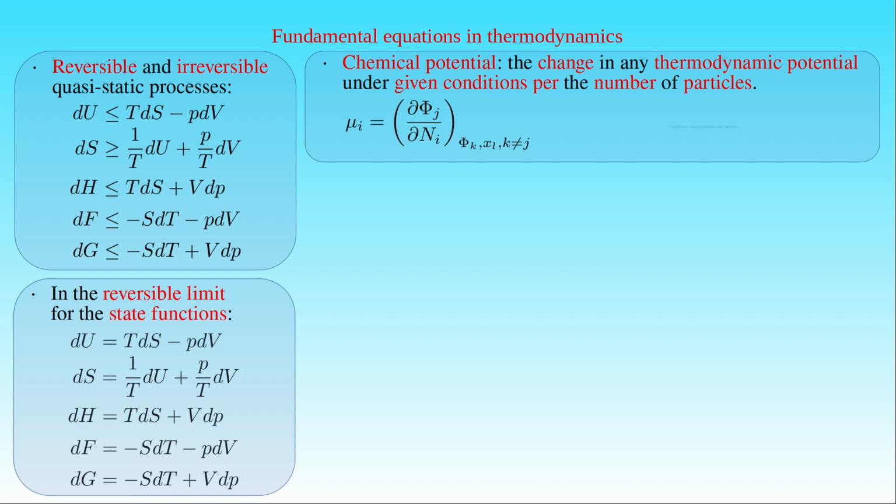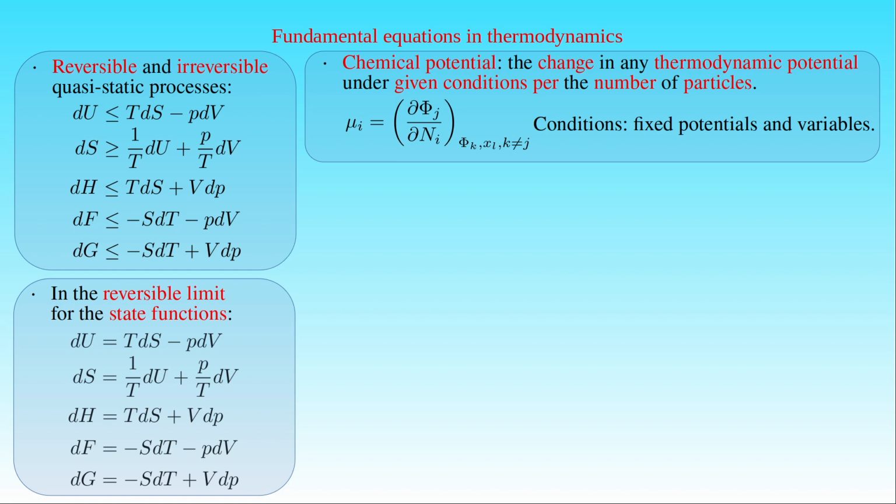Here the given condition represents a set of potentials and state variables determined by the potential phi j are held constant during the change in the number of particles. By taking chemical reactions into account, we can generalize the 5 equations that are known as the fundamental equations or